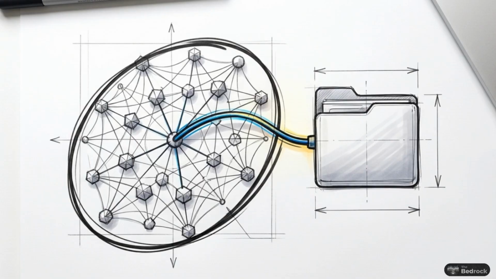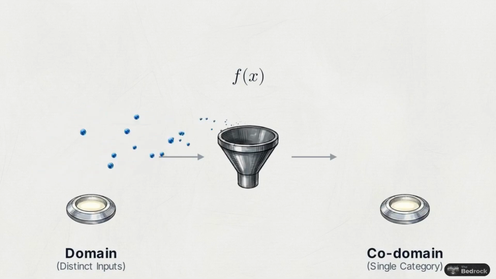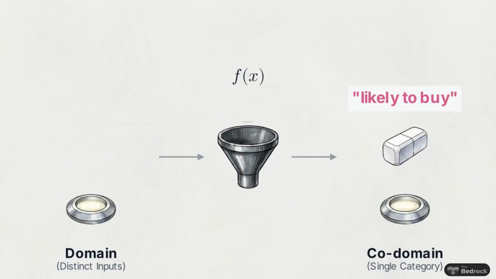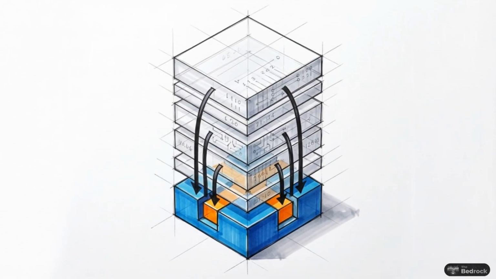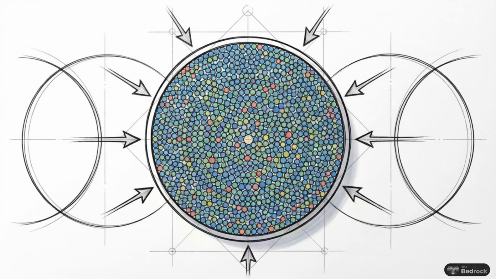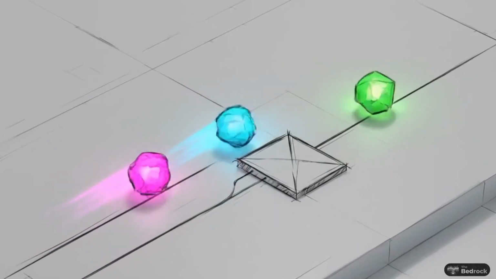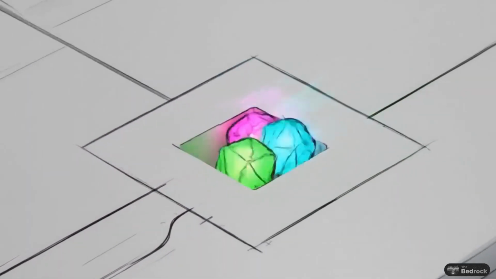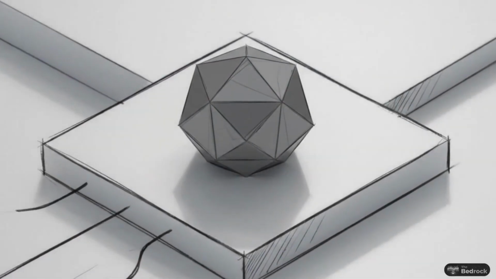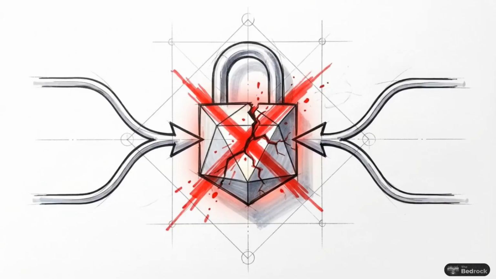When a data scientist uses a classification algorithm to sort millions of distinct user behaviors into a single likely-to-buy category, or when an SQL database runs a group by operation to tally up daily sales, they are employing many-to-one functions. It is highly efficient for aggregating massive amounts of data. But there is a strict trade-off. Once those distinct inputs are merged into a single output, their individual uniqueness is permanently lost. For sensitive systems like banking networks or secure logins, overlapping inputs trigger catastrophic failures.